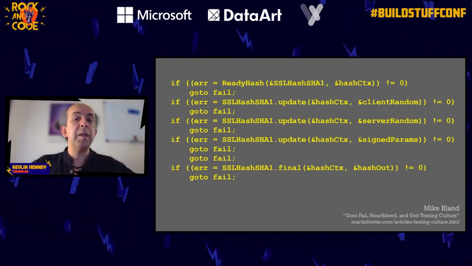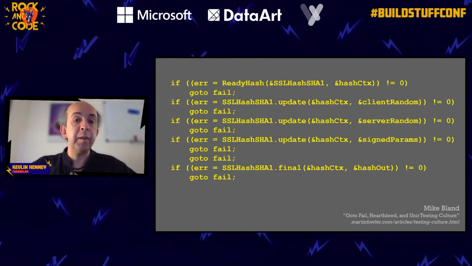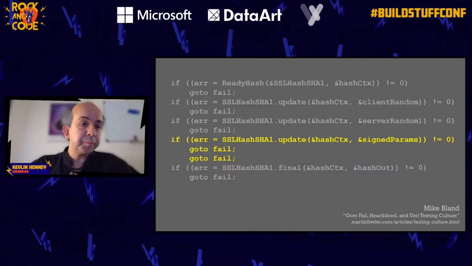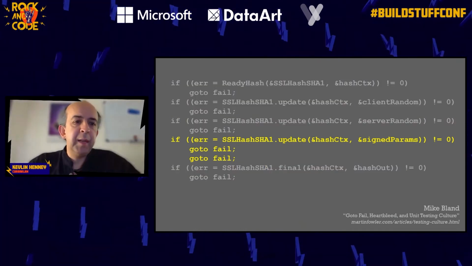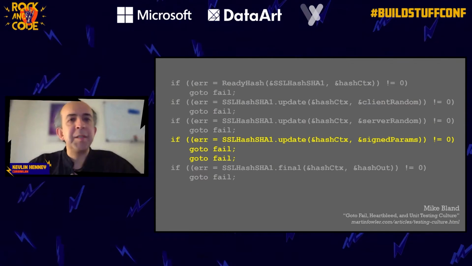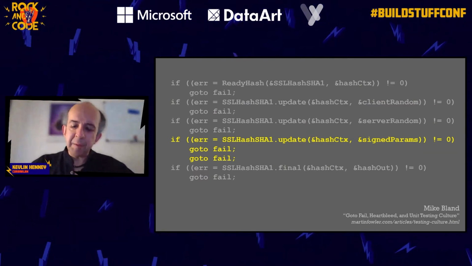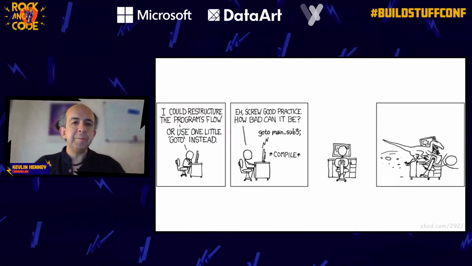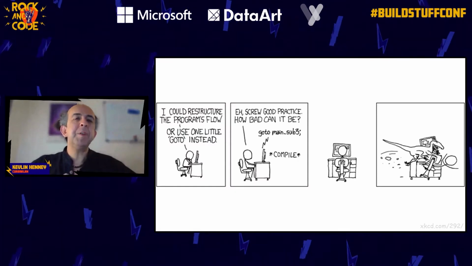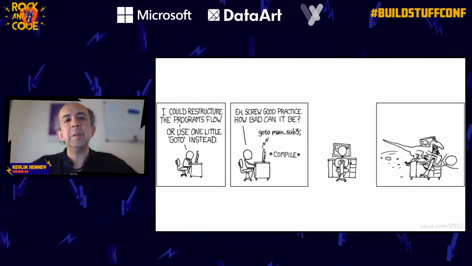But here's the code. Here's the offending code and why this is called goto fail. This is in Apple's code. And we see here what we have. Oh, well, that doesn't have the right behavior. This is an example of copy and paste code. So, yeah, using the goto was a bad move. But it's not intrinsically just about the goto.